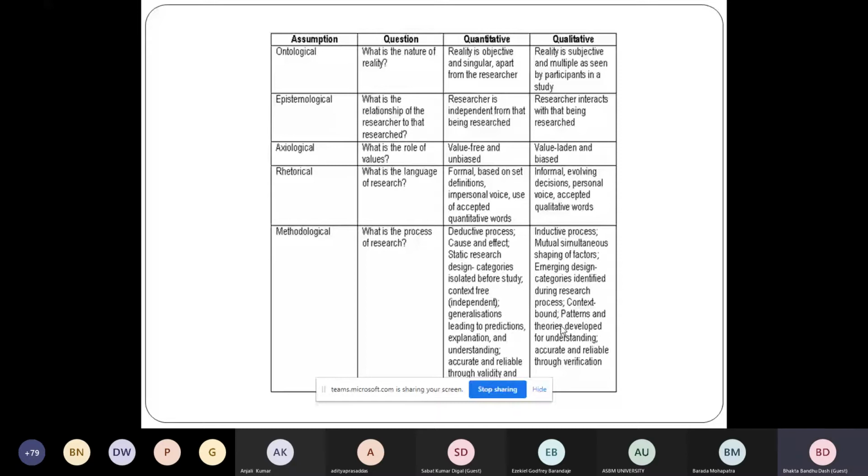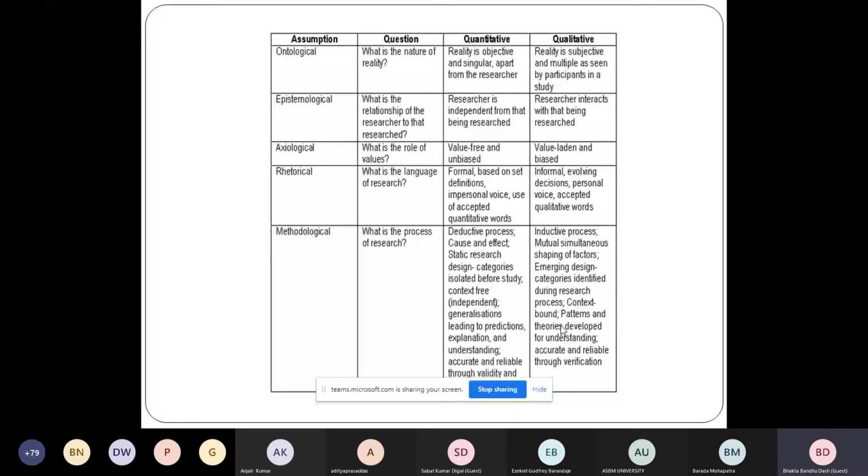And in the qualitative, the researcher interacts with that being researched. So ultimately, as a qualitative researcher, you do not establish the ontology, or you support the epistemological evidences, rather justifying your uniqueness of the approach. You take up a qualitative fashion by interacting on the issues among other researchers' findings. Then axiological. The axiological issues usually question what is the role of the values?